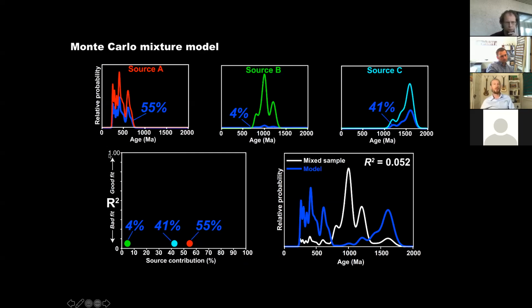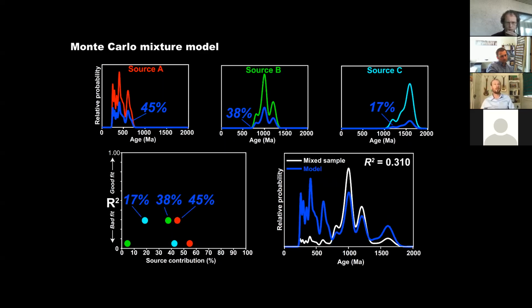Okay, and so if we take another random sampling, or rather a random weighting of these 3 sources, so 45, 38, 17%, you can see that that gives us a little bit better of a fit. So still it looks pretty bad at the lower end of the age spectrum, but we're starting to sort of match this middle part. R squared is a little bit better with this combination here of 17, 38, and 45,